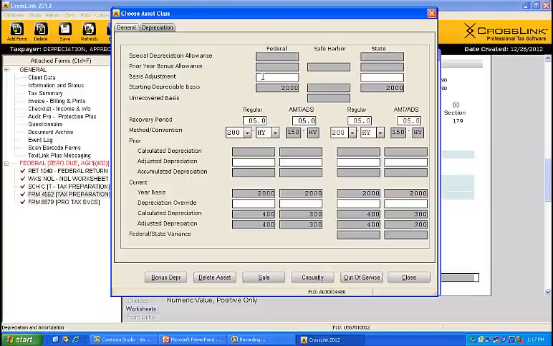Starting at the top with our original basis, you can see that. We can also adjust that basis if need be, such as a credit was taken against that particular asset and we needed to adjust that. That's where we could do so. Below there, you can see the recovery period and the method/convention. And if you'll remember, once again, this is taken from that asset class code, but these can be changed